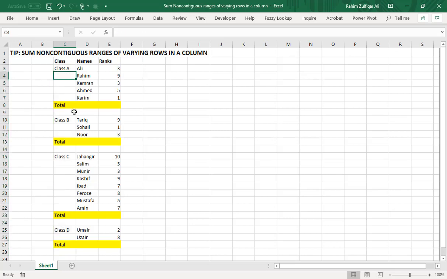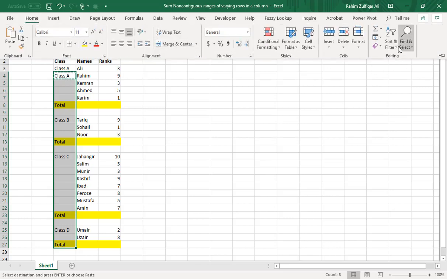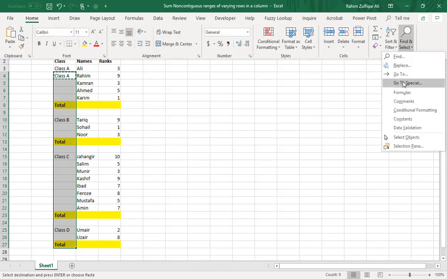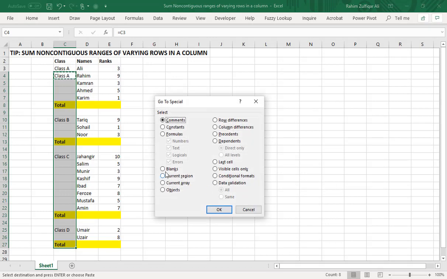First I need to fill this column with the class names. I will type equals cell C3, where my class name is located, to call the name of the class. I will copy this formula and select the whole column till the end, then go to the Home tab, Find and Select, Go to Special, and click on Blanks, because on all the blank cells I need to fill the series.